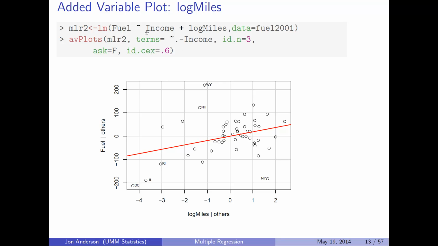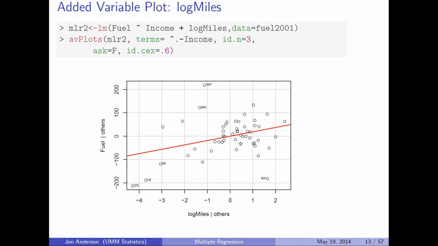We'll take away a plot that would be produced if we didn't do this. The terms take away income added variable plot just lets us focus on the added variable plot for log miles. The id n equals 3 means give us state and data labels for some of the more unusual states. So states that are all off on their own are given labels according to this id